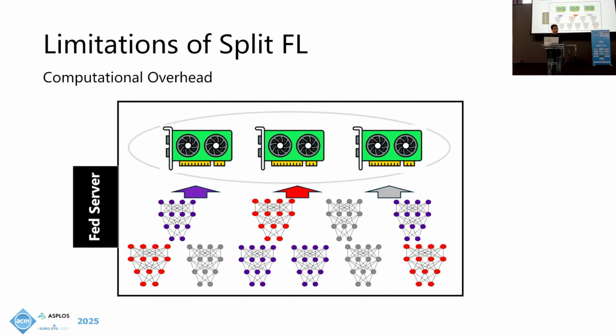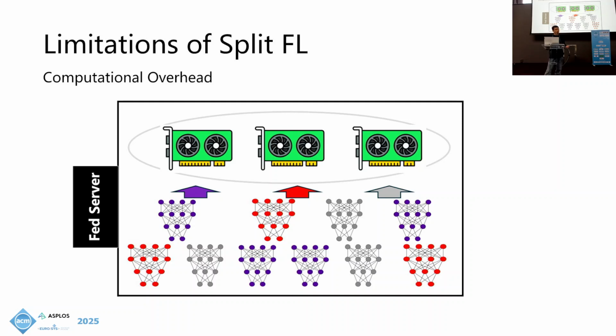The first limitation is computational overhead. When there are a lot of clients in the FL system, the Fed server may not be able to allocate one GPU to train each client's server-side model. For example, let's take a look at the image. In this Fed server, there are only 3 GPUs, but the Fed server needs to train 10 server-side models. So in this case, the Fed server cannot allocate a single GPU for each server-side model,